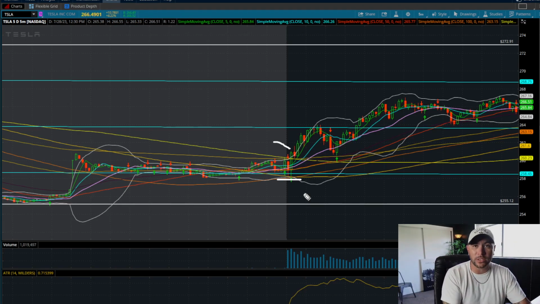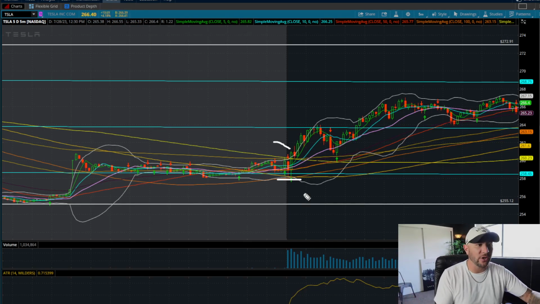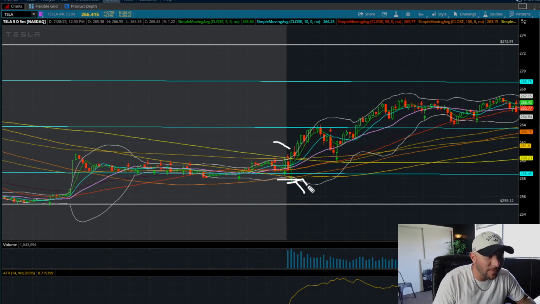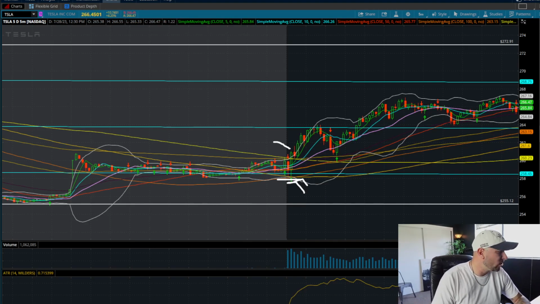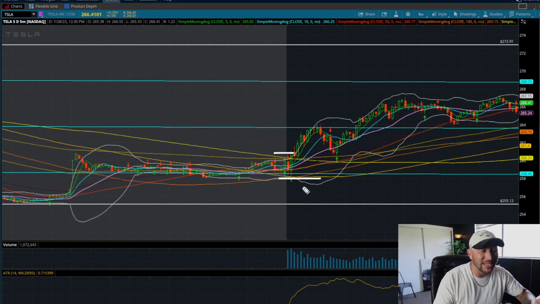If the stock was to go short and it takes me out of my long position, oh well, there's nothing I can do about that as a trader. The only thing I can control is where my stop loss is at. That's the only thing I can do, when I click the sell button to get out of the trade for profit or for a loss. So what am I trying to do on a day in and day out basis? I'm trying to identify levels. I'm trying to process data and analyze my risk in real time, guys.